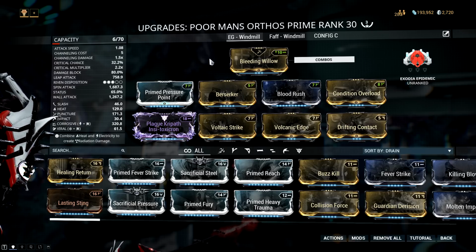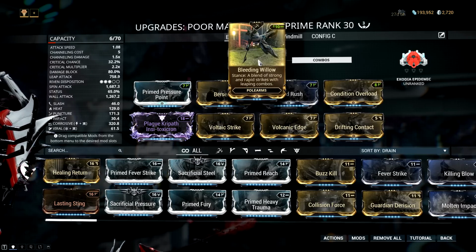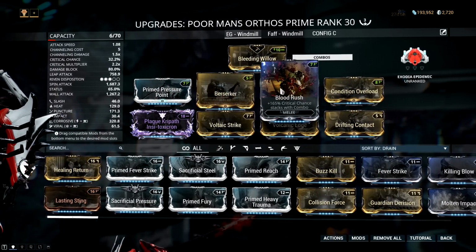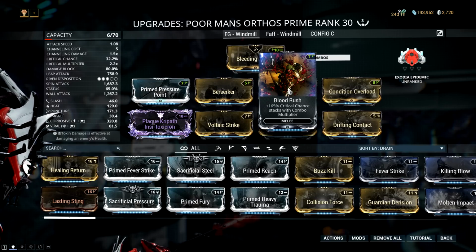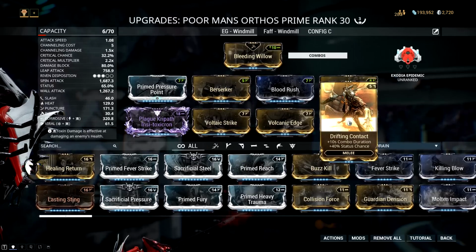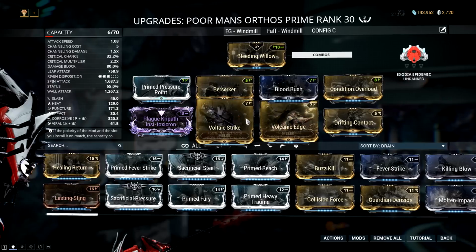And now this is a quick attack build, so the stance doesn't really matter, but you do want to put something on to get the mod capacity, so I put on Bleeding Willow. And I'm using Prime Pressure Point for damage, Berserker for a ton of attack speed, Blood Rush so I get more crit chance as I build my combo counter, Condition Overload so I do more damage the more status I proc on the enemy, Drifting Contact for combo duration and status chance, Volcanic Edge for heat damage and status chance,